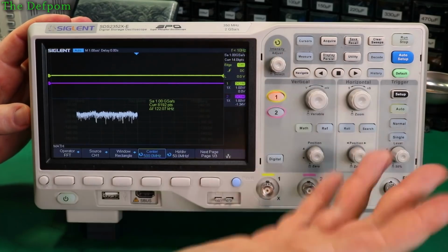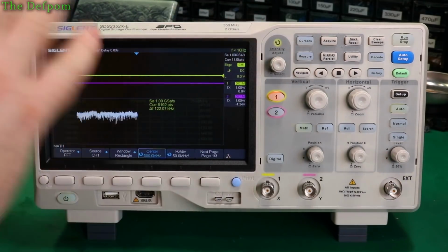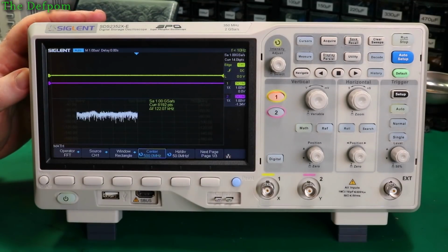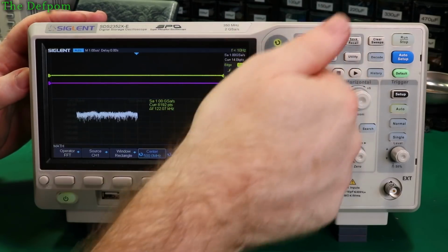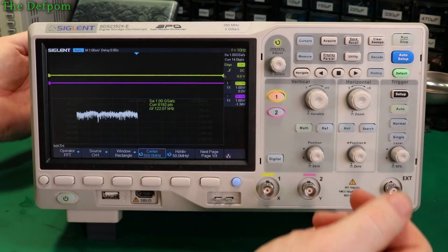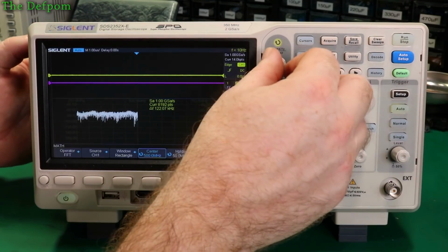To me that's like backwards. I'm always doing it on all the scopes, I always do it the wrong way around. Even on my one I've been using for ages, I still do it the wrong way around. To me, turning up is going to the right. I don't know. Maybe if you're left-handed it'll be different, I don't know, but yeah. Anyway, so